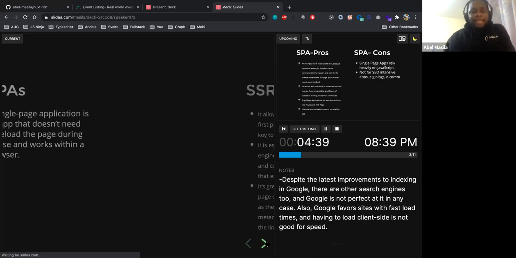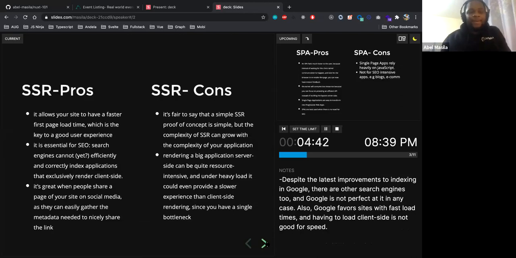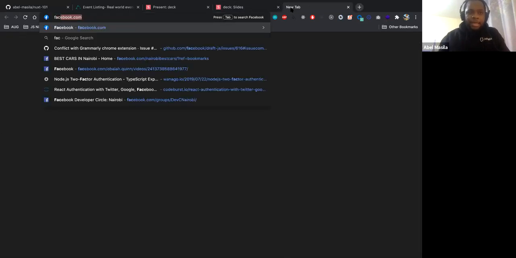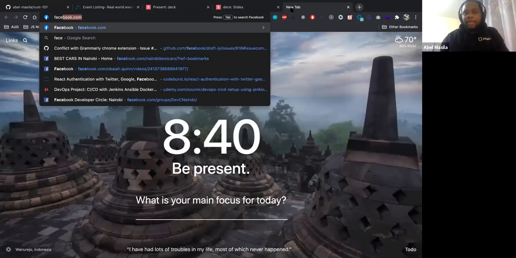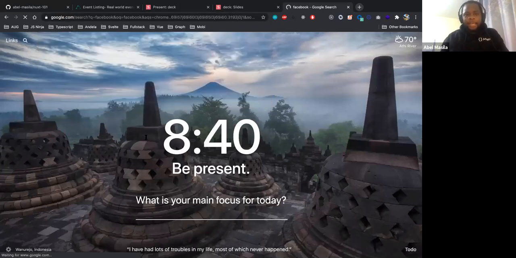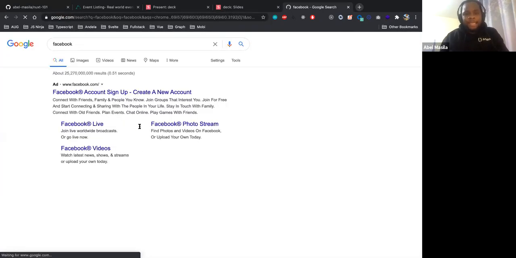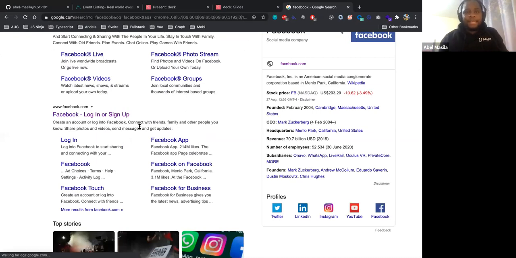So what are the advantages of server-side rendered applications? As you can see, server-side rendered applications are very good for SEO. What is SEO? SEO is search engine optimization. This is how your web applications get indexed on Google. For instance, if I search Facebook here, how we get all this metadata, the login page and all this stuff. This is basically making your application easily accessible by using keywords and meta info for your web applications. So that is what SEO is basically.